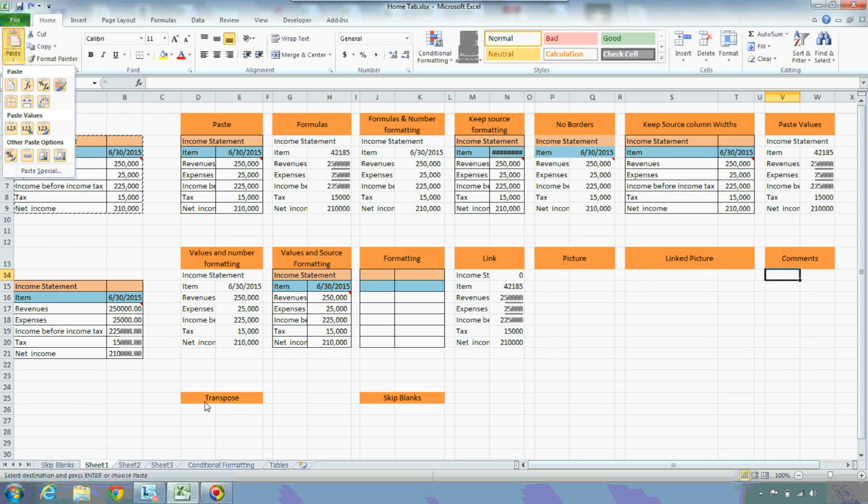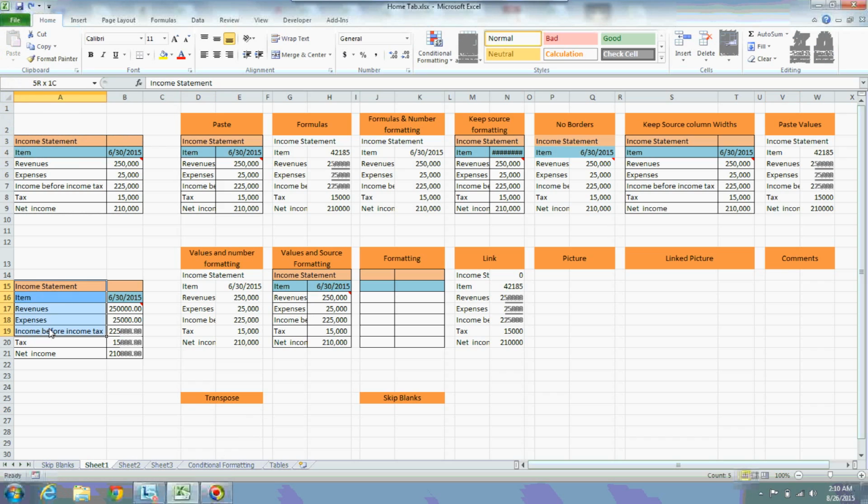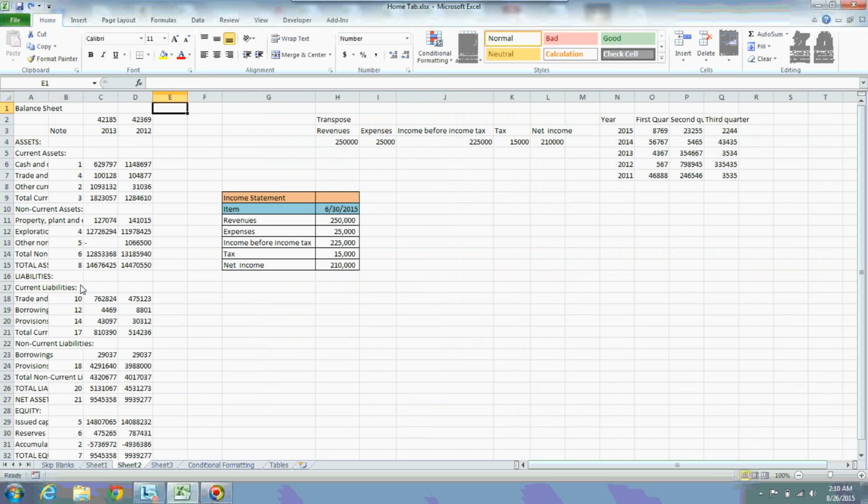Let us see what is the meaning of transpose. Now if you observe, this is a column, this is a column. Now what I want to do is make this column a row. At the same time, I want to show these values below the row, changed from column to row. Now I hope you didn't understand what I said. Let us see.